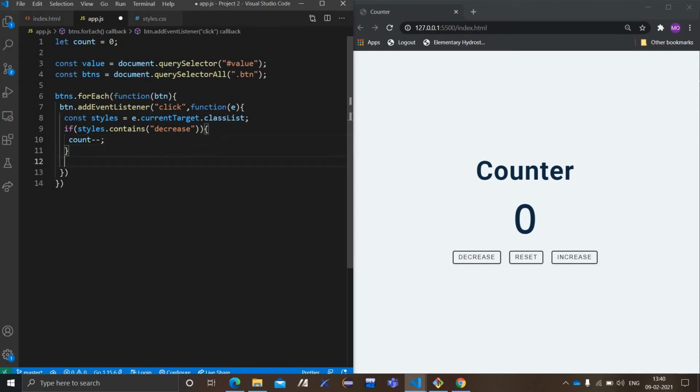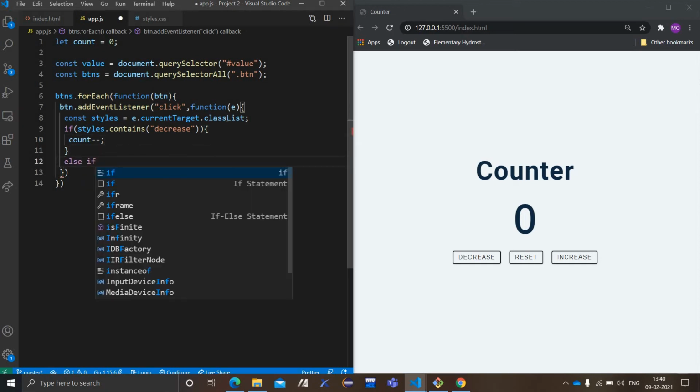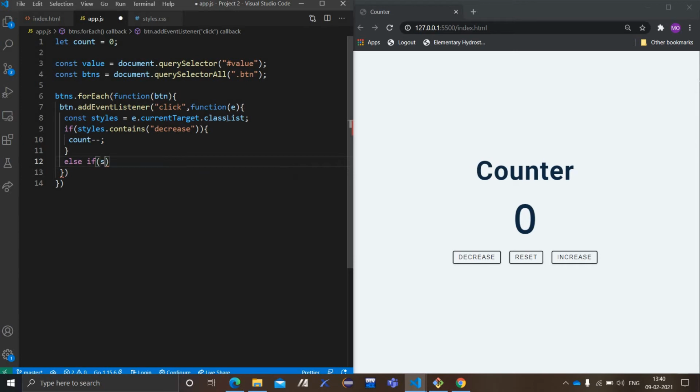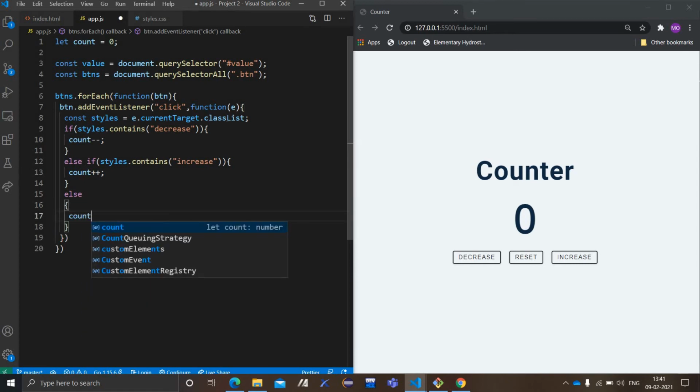Then again I will be using an else if condition, like styles dot contains increase, so count plus plus. Then at last is the else part, and else count is equal to 0. That is what I have done.